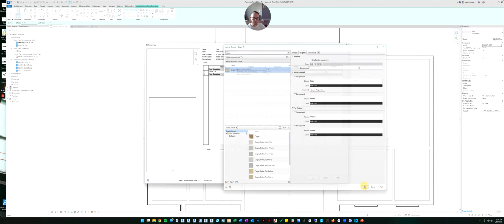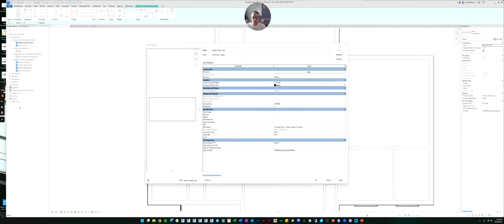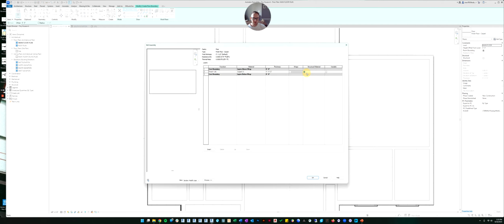I'm fine with that. So we'll click OK. And it's still showing you the layer here. We'll click OK again. And now we have made our new finished floor carpet.